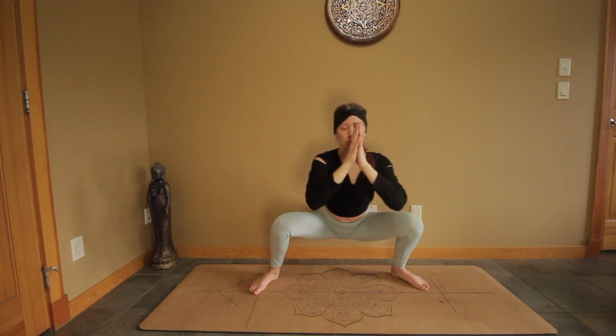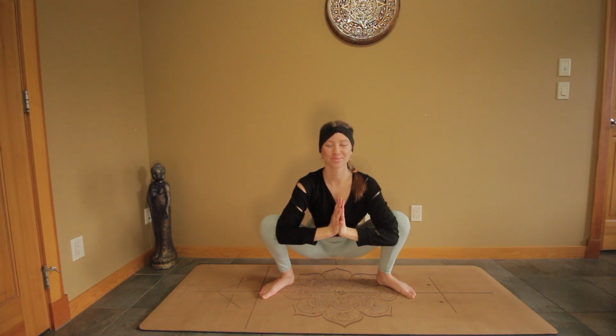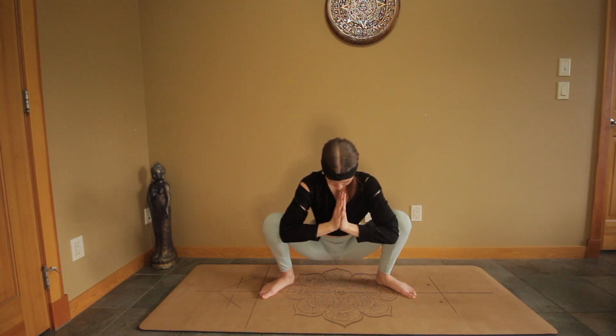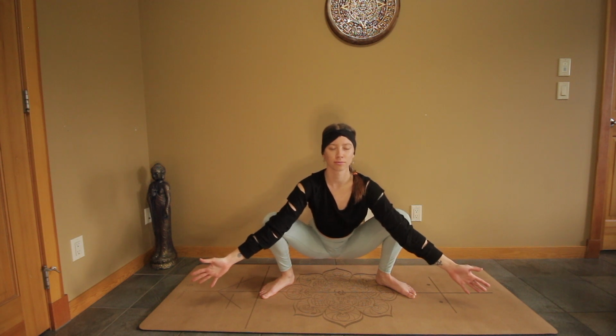Bouncing around on the heels, getting some depth in the hips, coming into goddess pose, keeping those hands in prayer and pushing away from the knees with the elbows. If this is a little too much, please do come out of it and feel free to hang out in child's pose. If not, extending those arms open, pushing those knees away, really getting into those inner thighs,